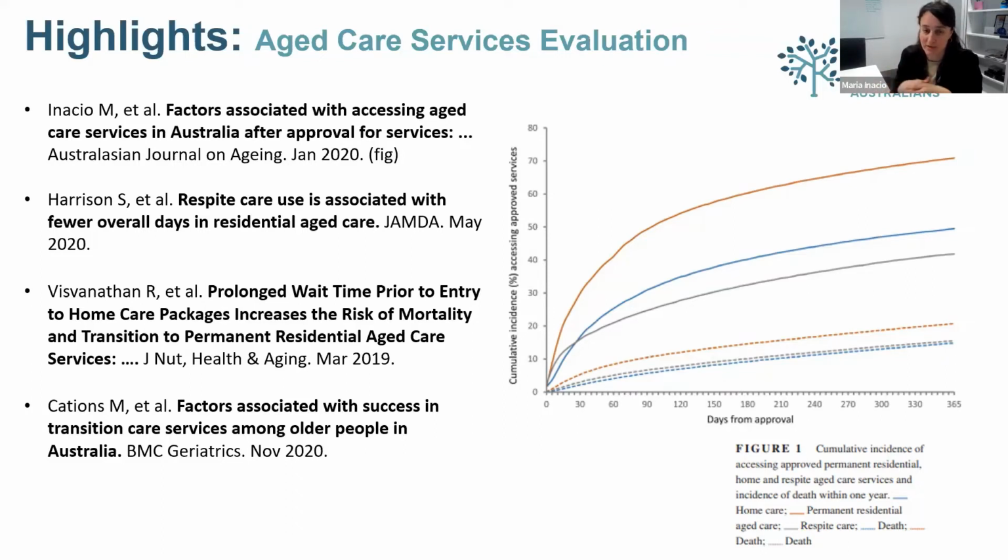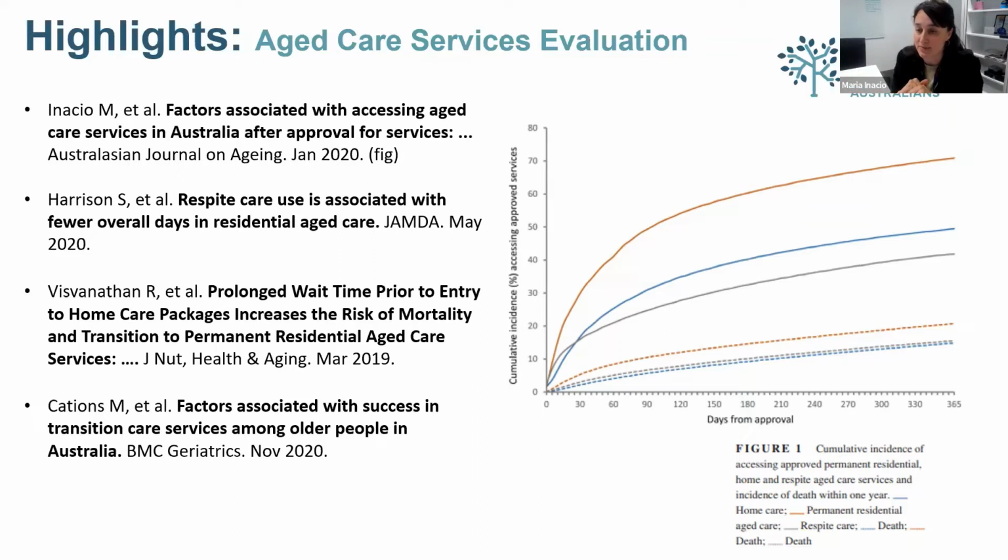We also, and you might have heard of this specific study, examined the effect that waiting for home care packages had on outcomes like mortality and then transition to permanent care once somebody did eventually receive their home care packages. And from that study, we found that in the longer term, waiting more than 6 months for a home care package did increase people's risk of mortality, as well as their transition into permanent residential care faster, which, again,